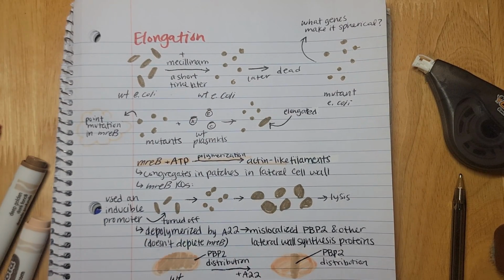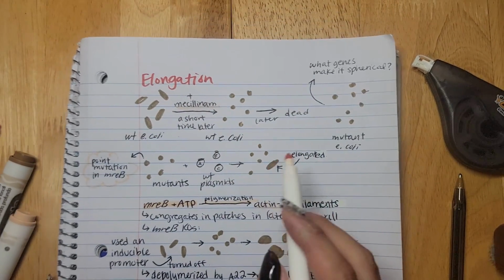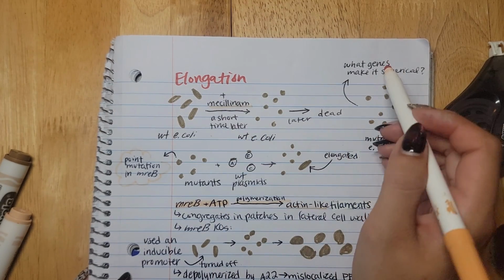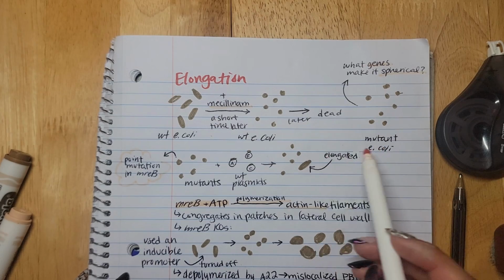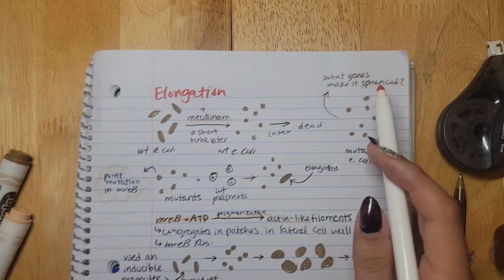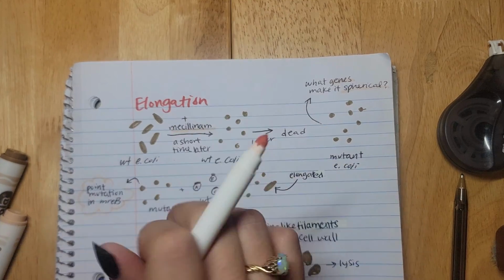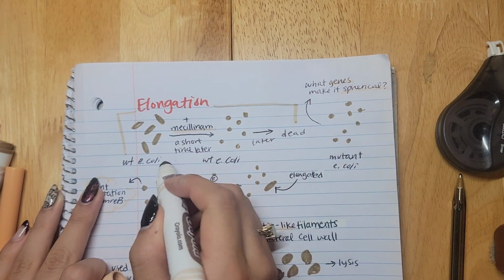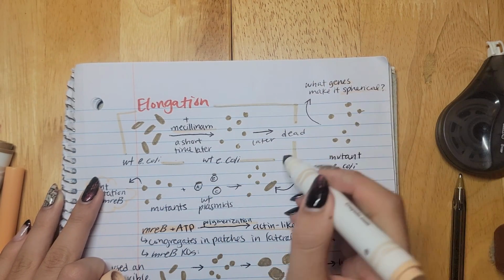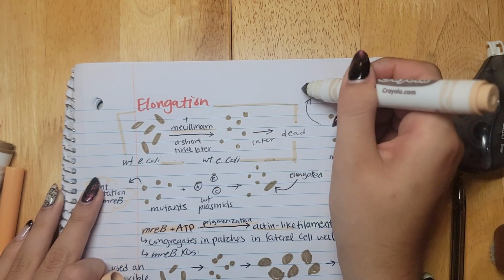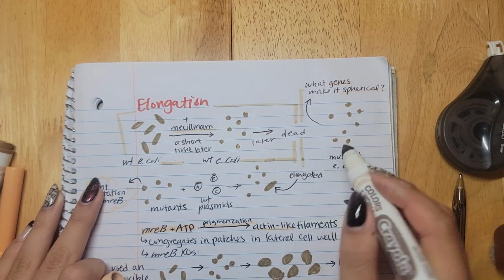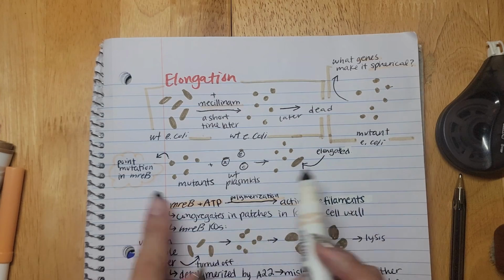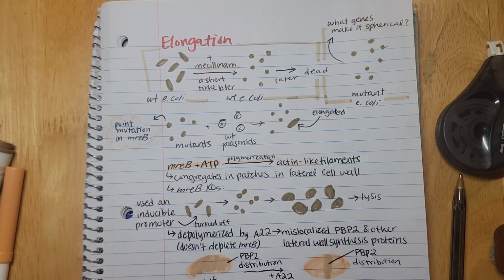Elongation, not too complex. The history behind it is by looking at methicillin-resistant bacteria and seeing how they were spherical. And we were like, why is it spherical in our mutants? Okay, the mutants are separate from this, this is our first experiment. Let's distinguish that. This is just with the wild type E. coli, and after a while they died, but for a while there they were spherical. They looked at them and found a gene that was responsible, MreB,